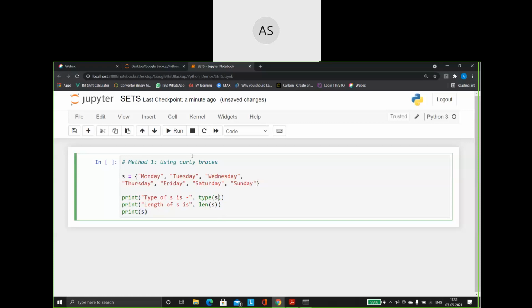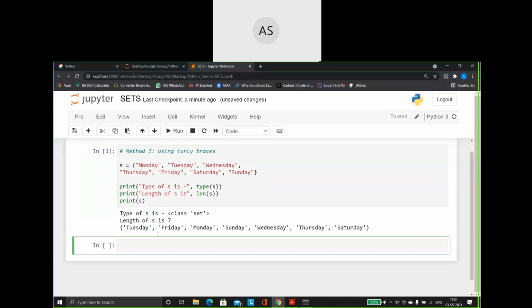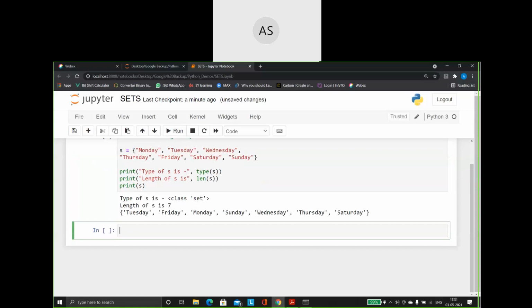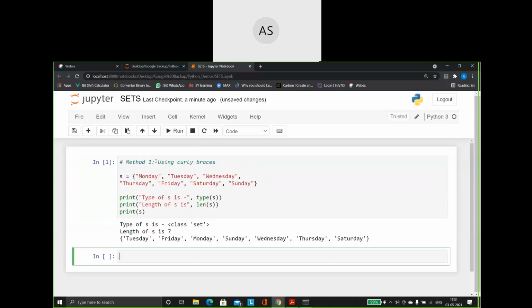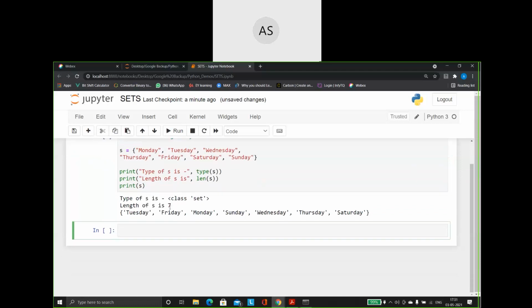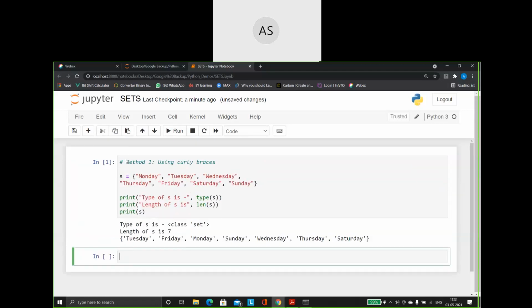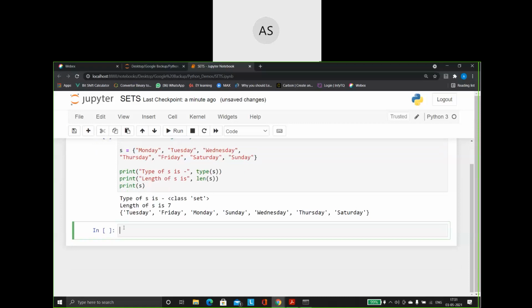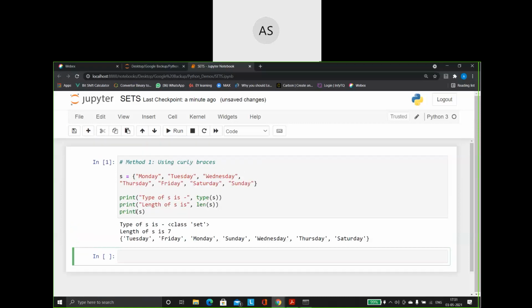In order to run this program, just select this cell and click on Run. See, automatically you are able to see the output here itself. This is how I will be making use of my Jupyter software. Why I'm using this, I'll tell you: inside one single file itself, I can load multiple programs. That is the advantage of using Jupyter. All the programs related to sets, I can maintain under one single file. That is why I'm showing you these demos